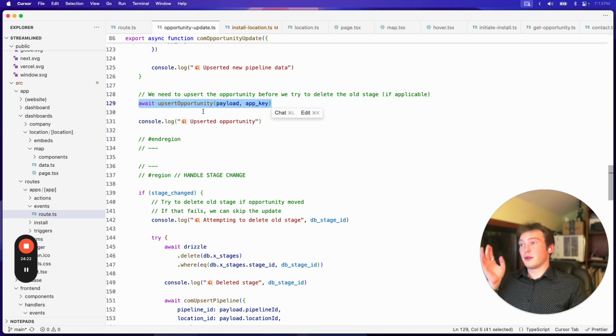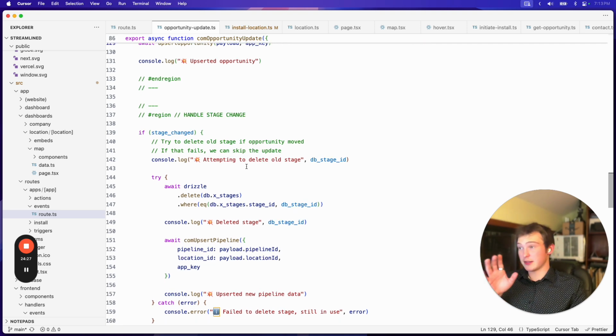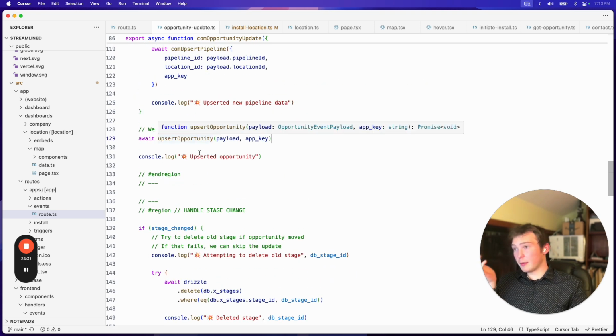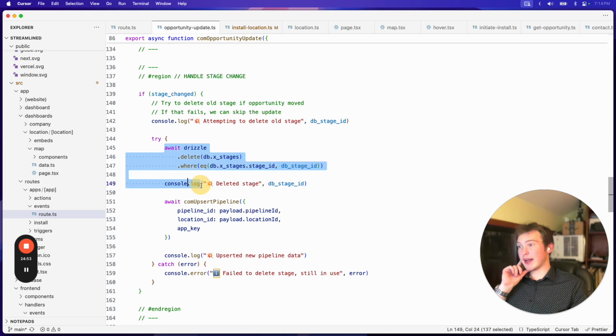Then we upsert the opportunity. Okay, this is where it gets kind of complicated. This was kind of a pain to put together. So we put in that opportunity that we just got, and then if the stage changed, we try to delete the old stage in our database. Not in HighLevel, but in our database. Because we don't know if that contact moved out of that stage because that stage was deleted, or if they were just moving. And so we try to delete it,